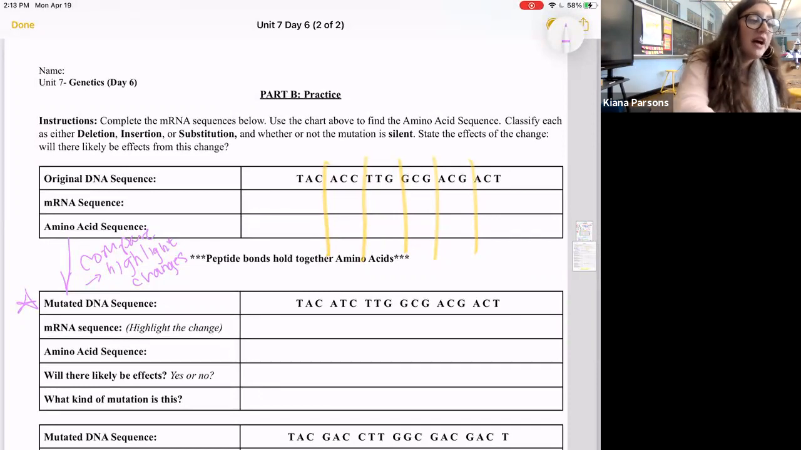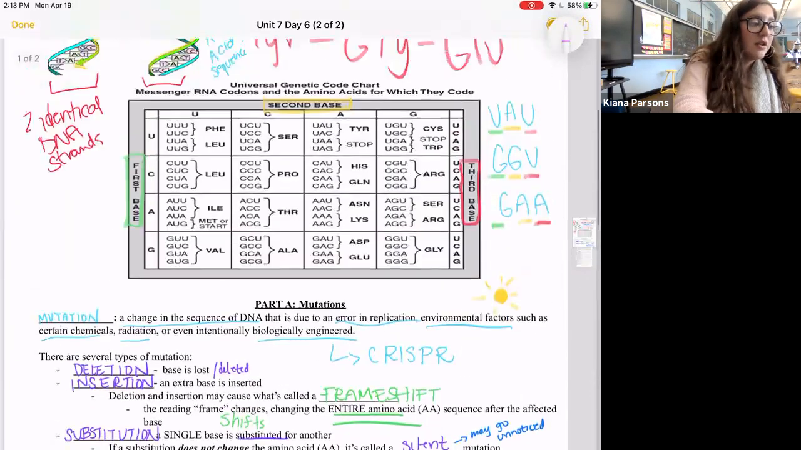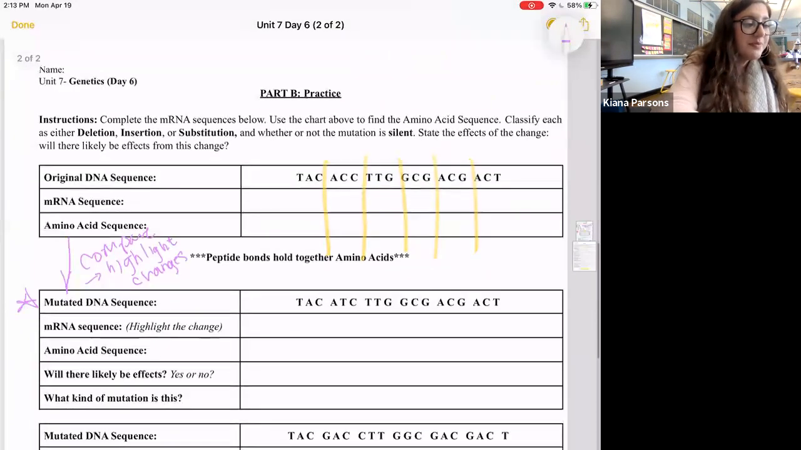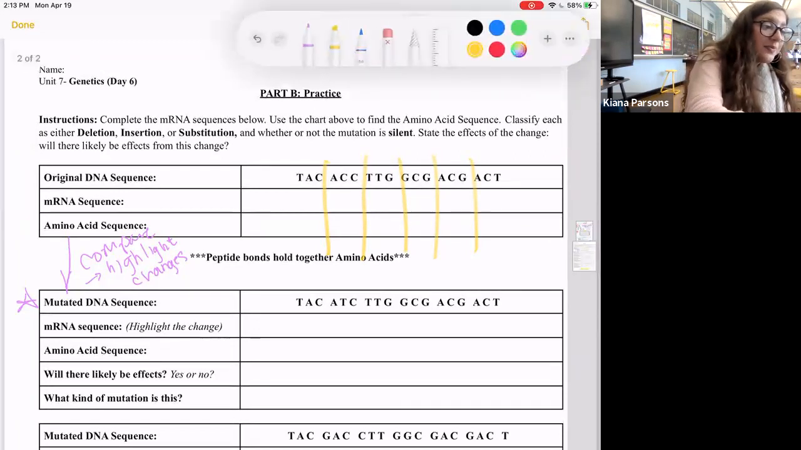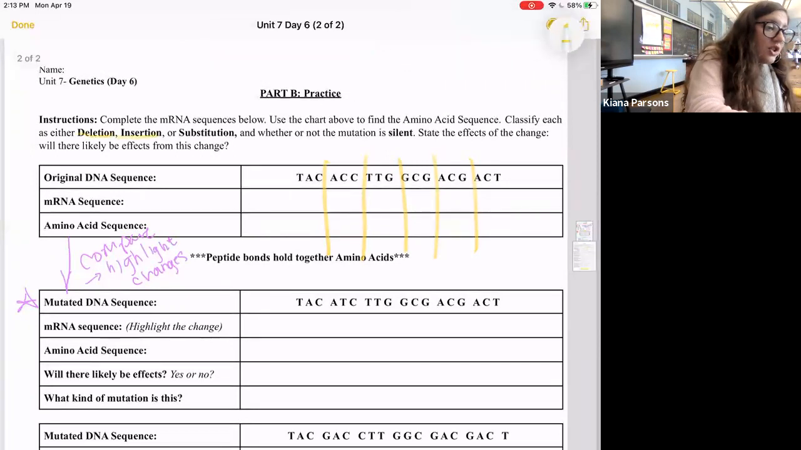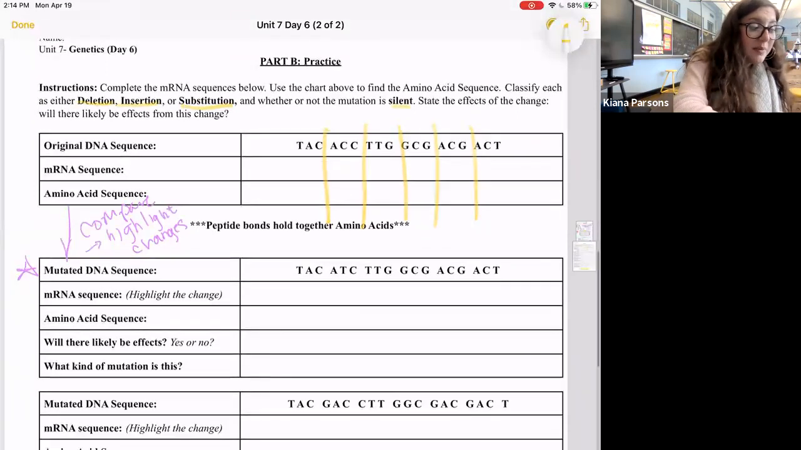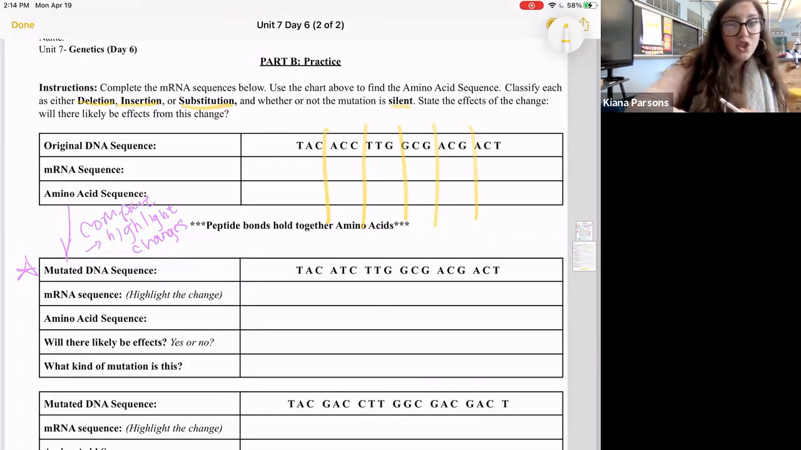Use the chart above to find the amino acid sequence. So we're going to use the universal codon chart. Then you're going to classify each mutation as a deletion, insertion, or substitution, and whether or not the mutation is silent. So if it's silent, will there likely be effects? No, right? The silent mutation wouldn't have effects, but in the cases of a deletion and an insertion, yeah, there's going to be effects. And we're going to state the effects of the change there will likely be from this